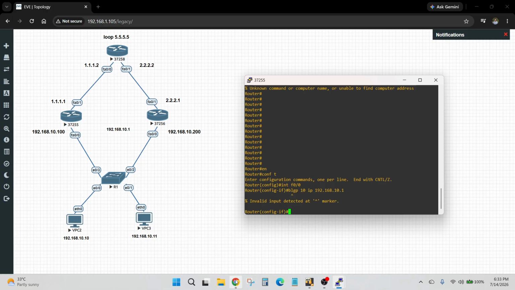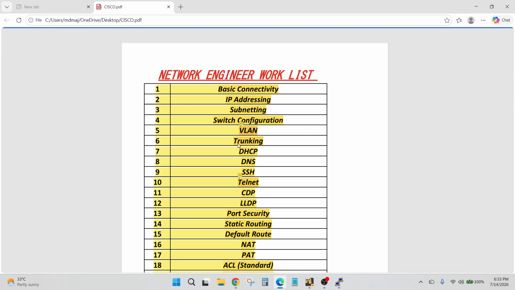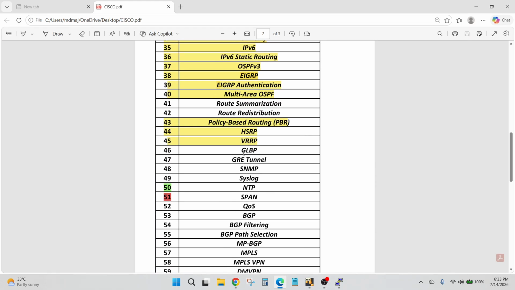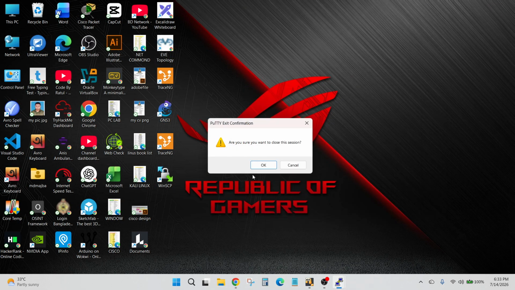Now I configure GLBP. Sometimes wait. GLBP, we can now assign GLBP.